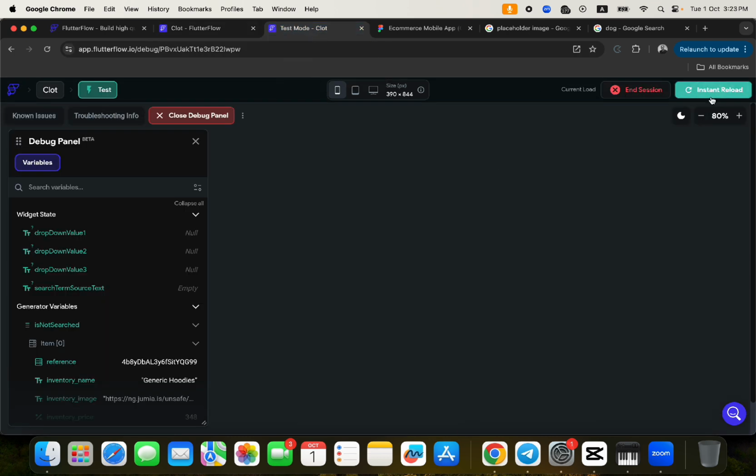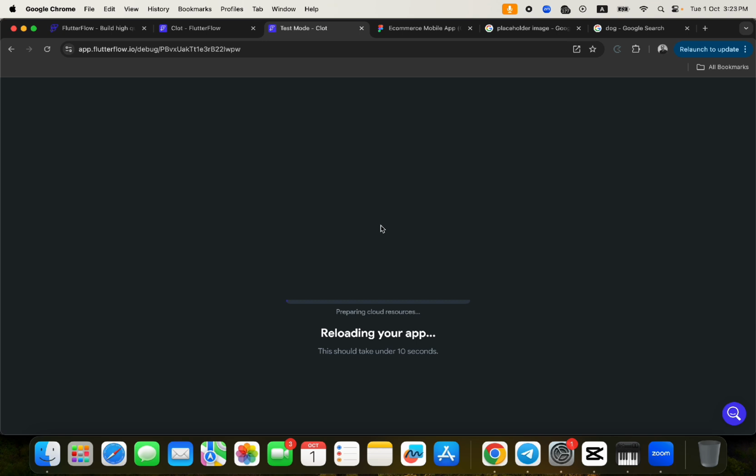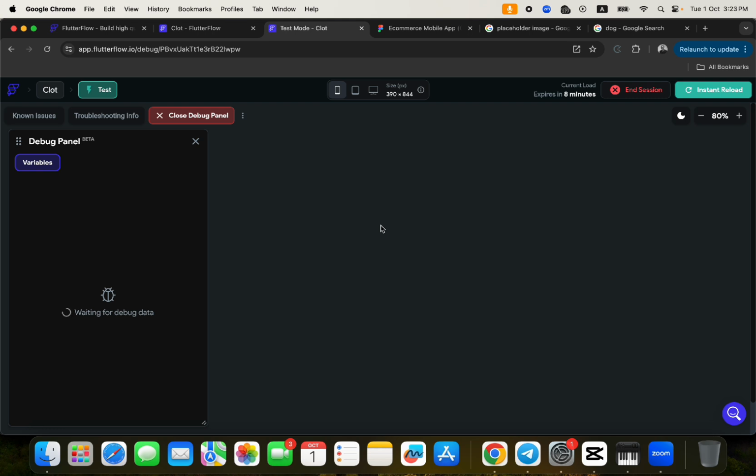and let's do an instant reload. I just want to do a quick instant reload, and I hope it doesn't take as much time as it took before for us to see the result of what the application looks like. Now, actually, we're going to end the tutorial within this current load time, because I want us to just see what we have done with regards to the search functionality and the conditional visibilities. Yeah, in the next part, we're going to do the search